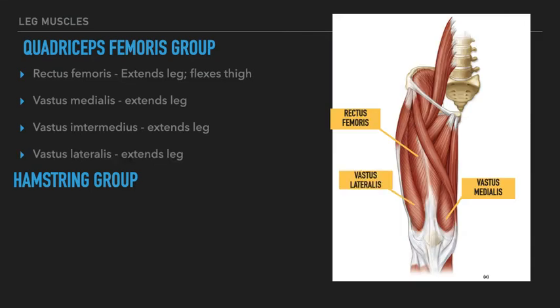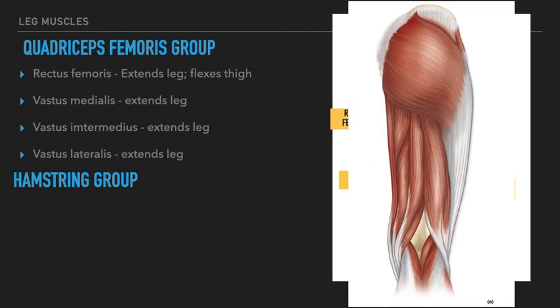Lastly, we have the vastus lateralis. This is going to extend the leg when it contracts. The origin is going to be the greater trochanter of the femur, and the insertion will be the quadriceps tendon again. So all of these insert on that tendon that ultimately is associated with the patella and the tibial tuberosity. All right, moving on to the hamstring group, we have the